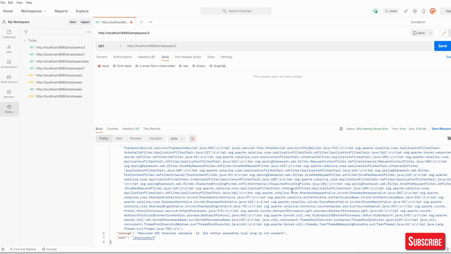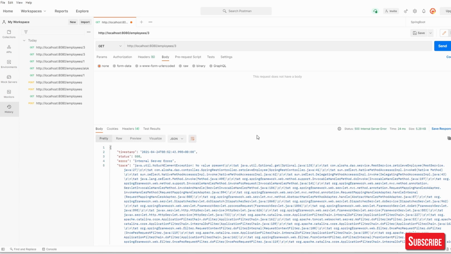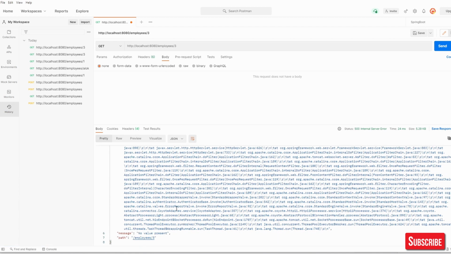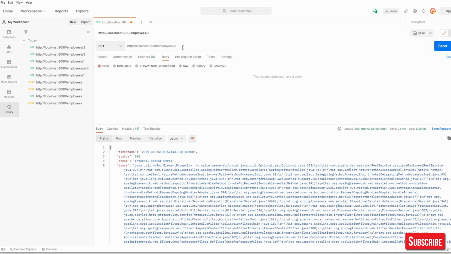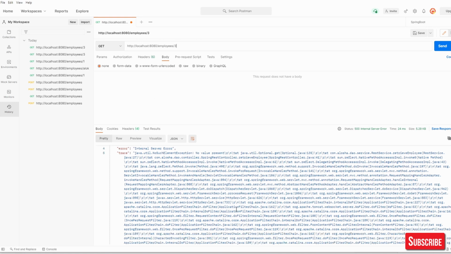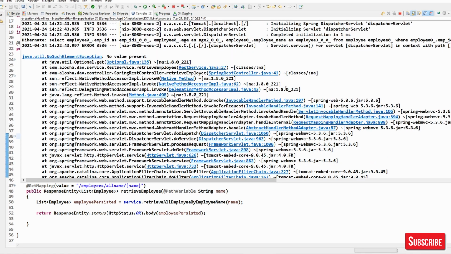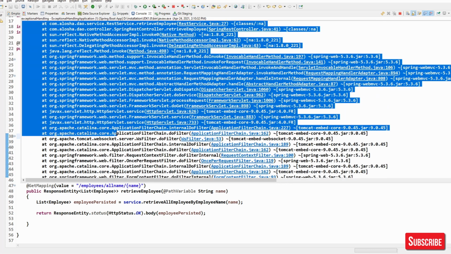Now I'll just go with 3, and you can see again it is giving me an error. And what error is it giving? No value present. Basically we are trying to access employee ID 3, but there is no employee present with employee ID 3. So it has given us no value present, and it is going to throw a no such element exception.